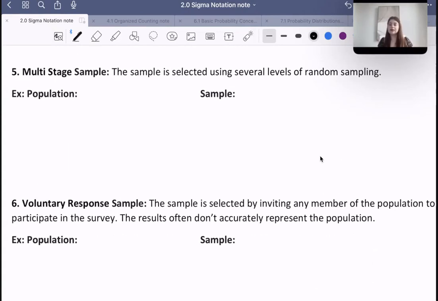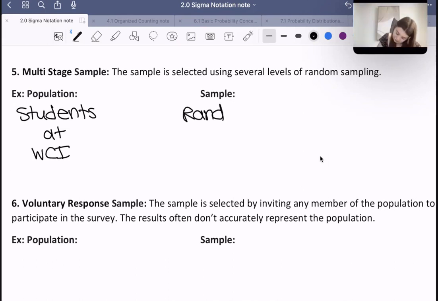All right, so the next one is multi-stage sampling. This is sampling selected using several levels of random sampling. Let's say the population is students at WCI, and let's assume that every student at WCI has a homeroom. To figure out the sample, we randomly select, let's say, 10 homerooms,